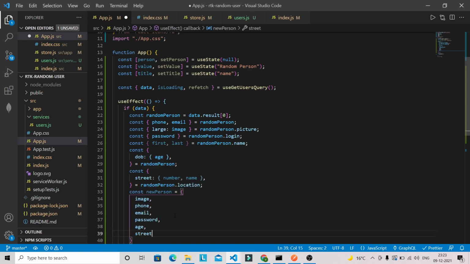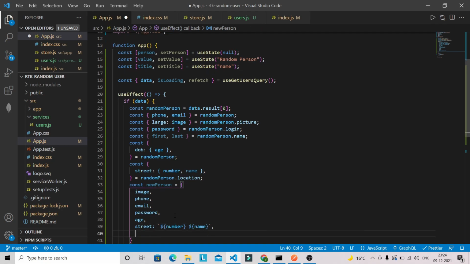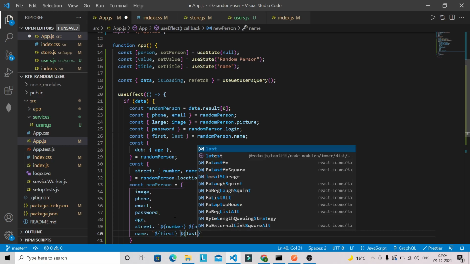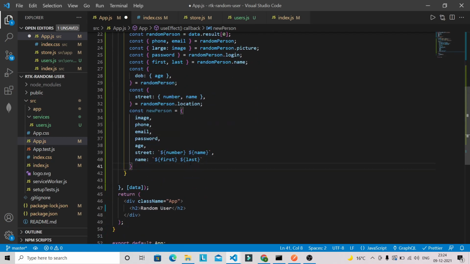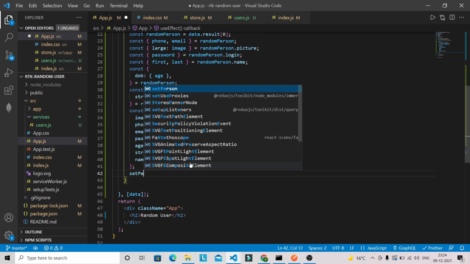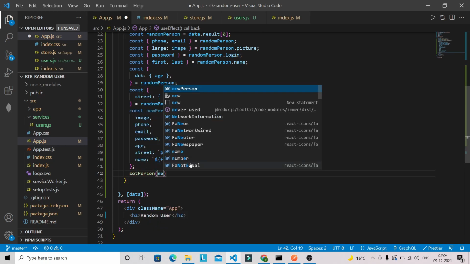So street I'm going to combine here, so I'm just going to use backtick, so this will be number and name. After that we are going to have name as well, so again we are going to concat this one using backtick only. So first and last. So this new person object is ready. Now we have to set this into set person. So set person, and we have got this new person,